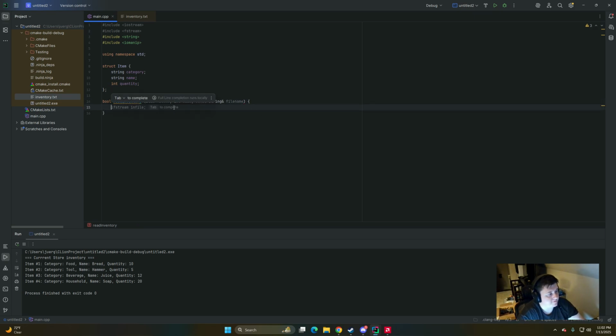Okay, just to clarify, our parameters for this function are going to be a pointer to the beginning of an array of items, the number of items we're indexing through, and the file that we are reading. So,